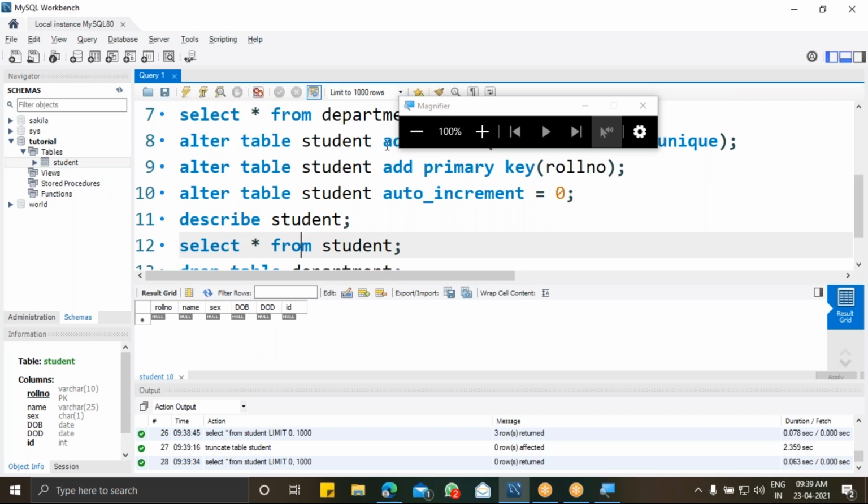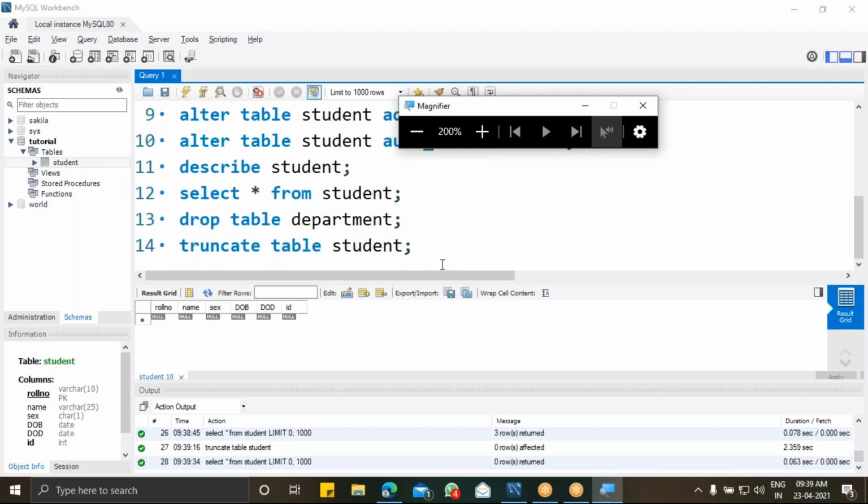You can also see here that this table student is available. Truncate is just removing all the data from my entire table structure. Is that clear? This is the difference between truncate and drop. Drop completely eliminates the table from my database, whereas truncate only removes all the data that is inside my table. This is one of the important questions repeatedly asked in technical HR rounds: what is the difference between drop and truncate?